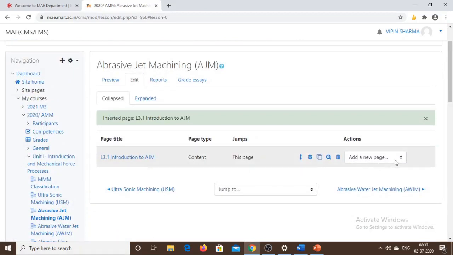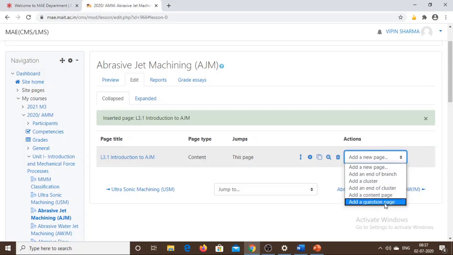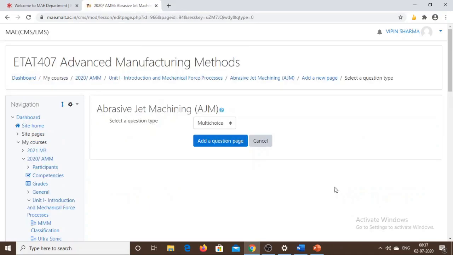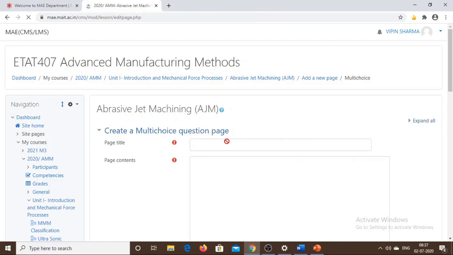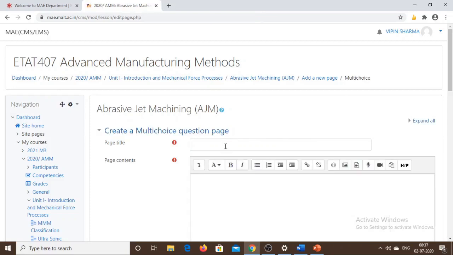Now I need to add the question. So I will click here and click on add a question page. The question provided could be a matching one, multiple choice, numerical, short answer, true and false. I have a multiple choice question, so I will hit multiple choice and provide the title for the question.